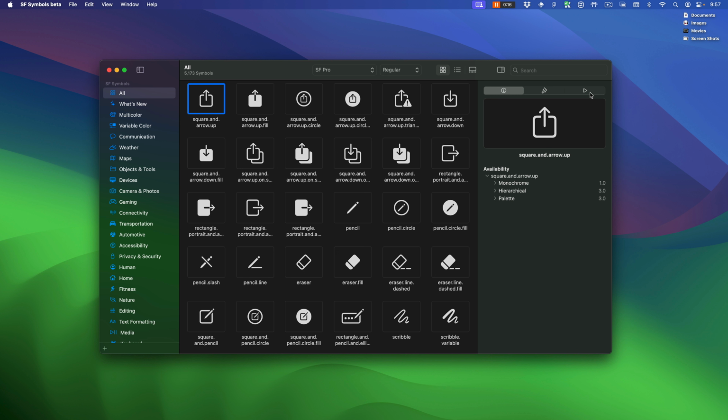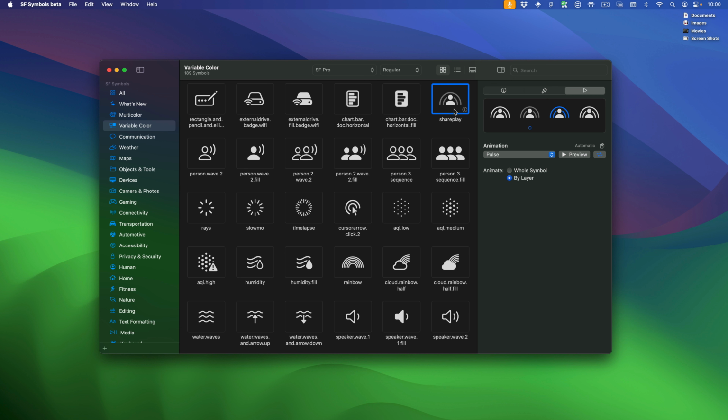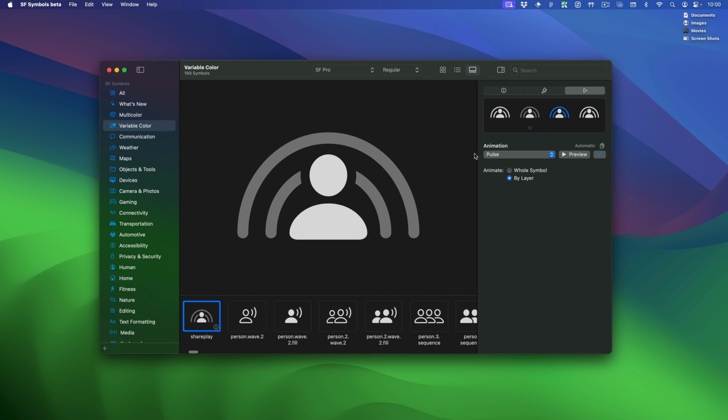If you download the app, you're going to find a new option for play. This is where you can customize the animation. You can preview it and it works on all the symbols. Now you can select multiple icons and preview the animation. And you have multiple animations such as bounce, scale, variable color. And you can note that it's going to animate by the layer. So if I maximize this and I select bounce, I can see that the layers are animating separately,